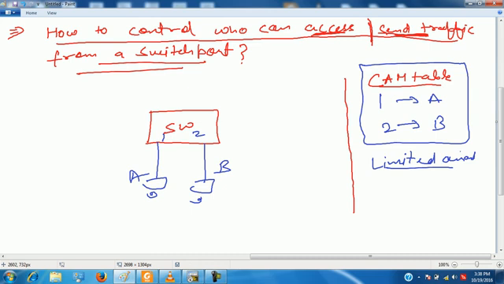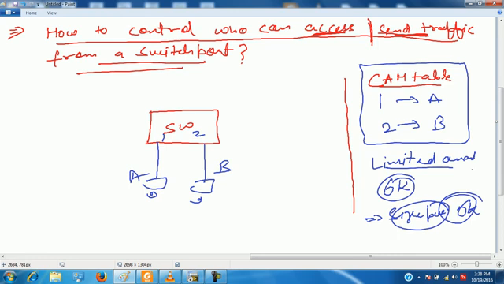Depends on the model. Very good. But for 3750, how many entries will be there? 6K. Clear? It means a switch can have 6000 entries in its CAM table. Agree? Yes, sir. How many entries can be learned on a single port? 6K? Agree? Yes, sir.